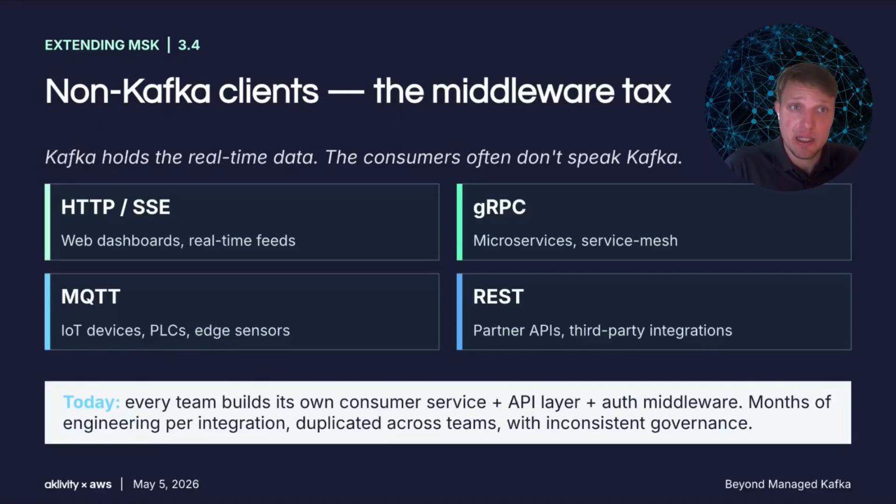And then last but not least, in terms of the operational challenges faced by scaling Kafka teams, is supporting non-Kafka clients. So for many organizations, Kafka acts as the central nervous system that holds and routes real-time data across apps and teams. But as we know, not all consumers are Kafka clients. So they don't run on the JVM, and they don't speak the Kafka protocol. So for example, there may be web dashboards that process data over HTTP, SSE, or WebSocket.